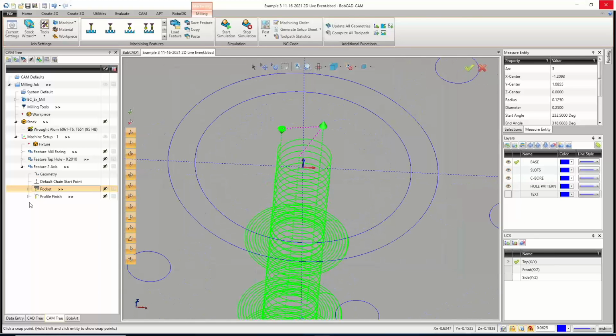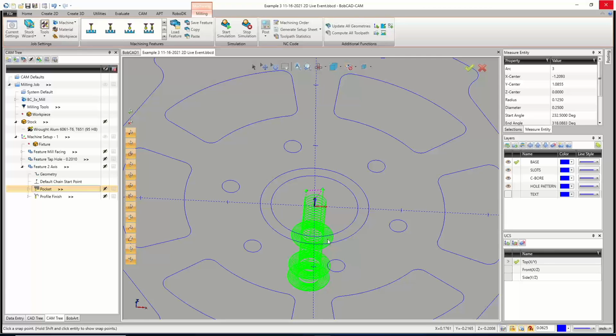Or go to a different, or ramp in, I don't know, whatever you have to do. There we go. So that looks good. We got our 3 passes. So there's our half, and then the extra 200 thousandths. Then we have our profile finish pass. And then to hopefully account for some of the potential shifting of the tool,